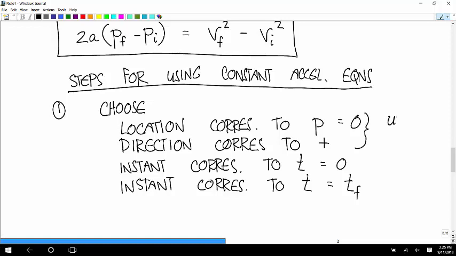These two are up to you. That's totally arbitrary. These two, there are right and wrong answers for these. And if you choose them wrong, you can't do the problem. So these choices have to be based on